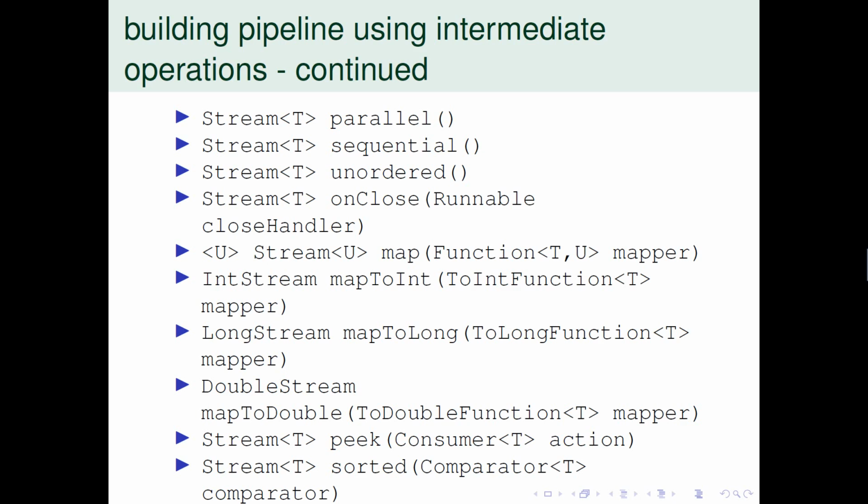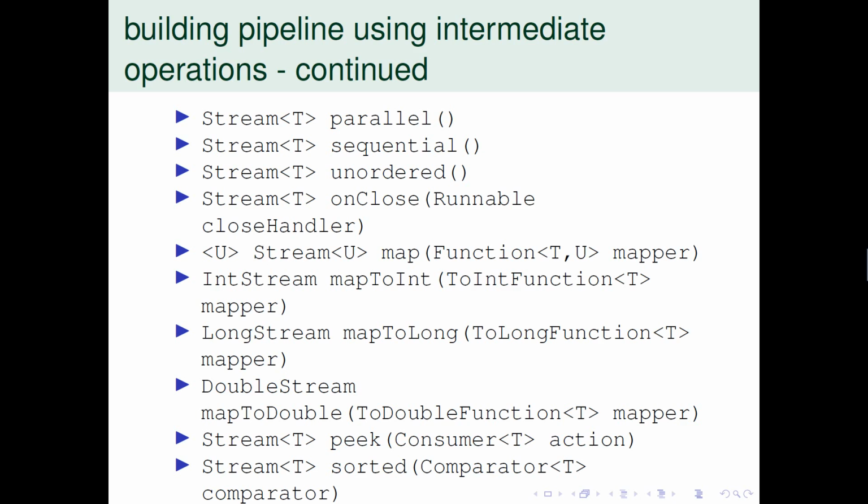Okay, fine. Another one is onClose. Fine. You give a runnable. So that means this stream, whenever the stream closes, and any stream will close as soon as the terminal operation finishes. Okay, streams which are in the pipeline, all the streams involved in the pipeline,